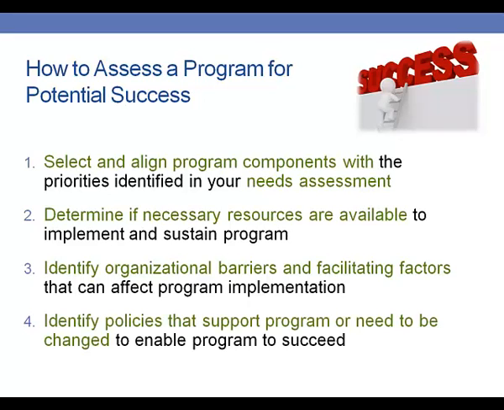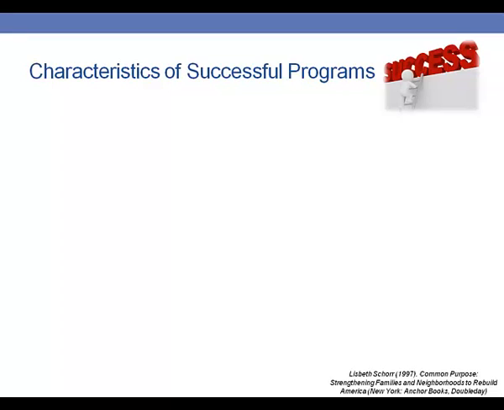Identify the policies that support the program or need to be changed to enable the program to succeed. You might find a program from another state which you think is really great and you want to adapt. But in researching this further, you learn that this other state maybe had a policy where they were able to allow for more face-to-face time with students than Pennsylvania might offer for PennDOT's programs. In that case, your program might not be as successful as this program was in a different state. So consider the policies of other programs and ask yourself whether or not that would translate to the policies that are available to you in your own state.